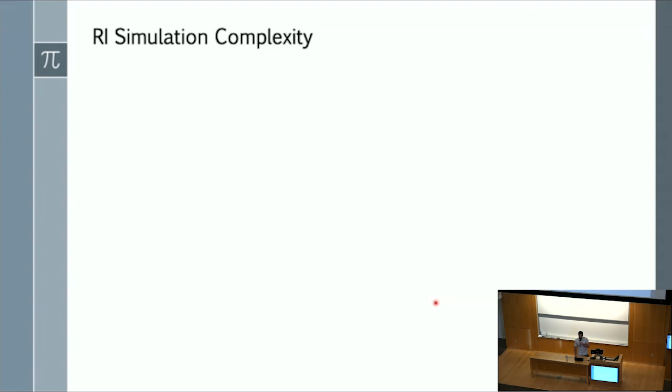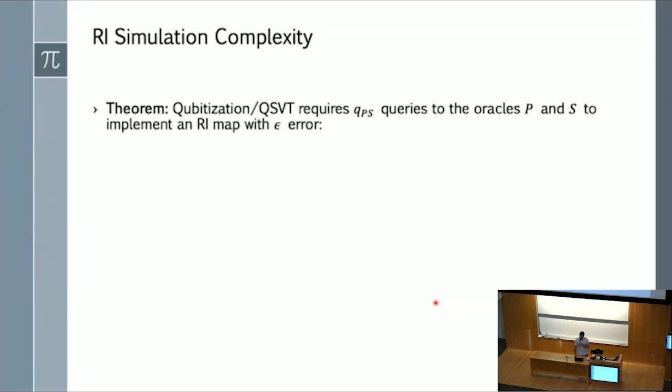Now, the art of qubitization requires we construct a walk operator that involves 2 queries to prepare and 1 to select. So asymptotically, it's the same amount of queries to each. So informally, I'll state another theorem that says, well, using qubitization, we can have these QPS queries that scale like so,